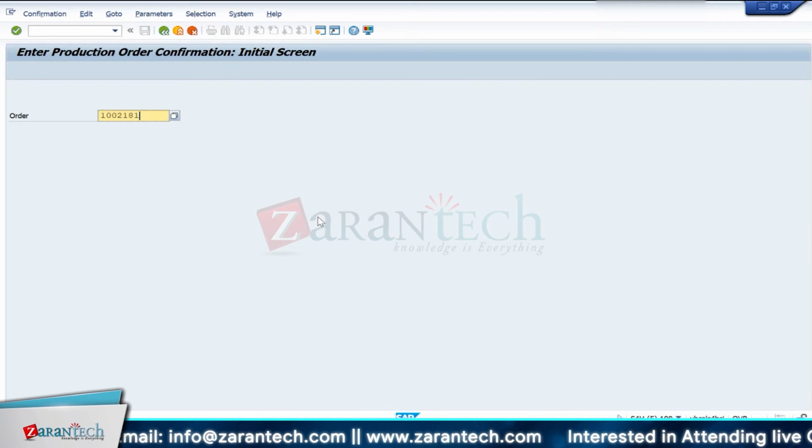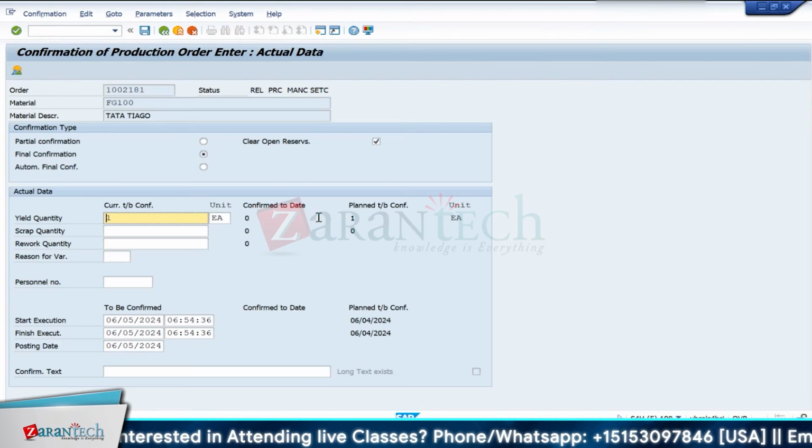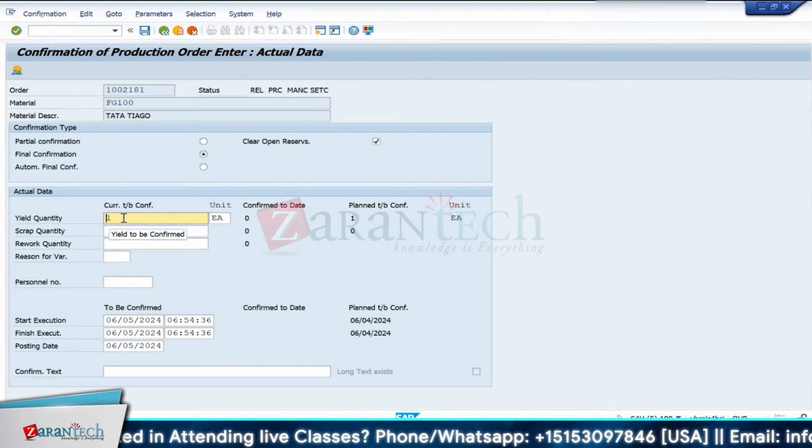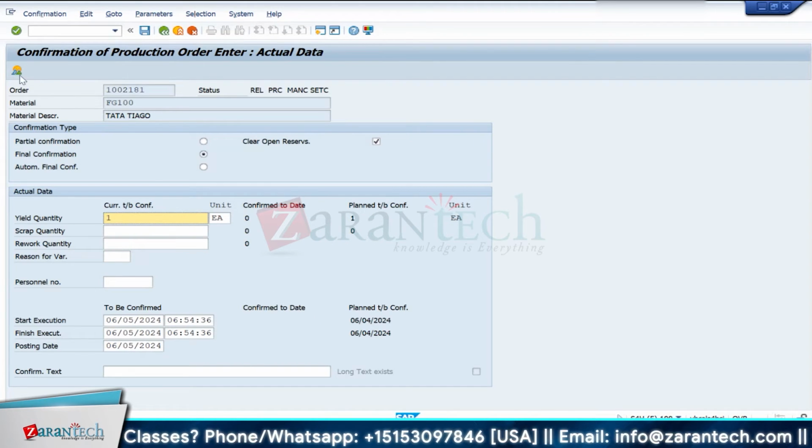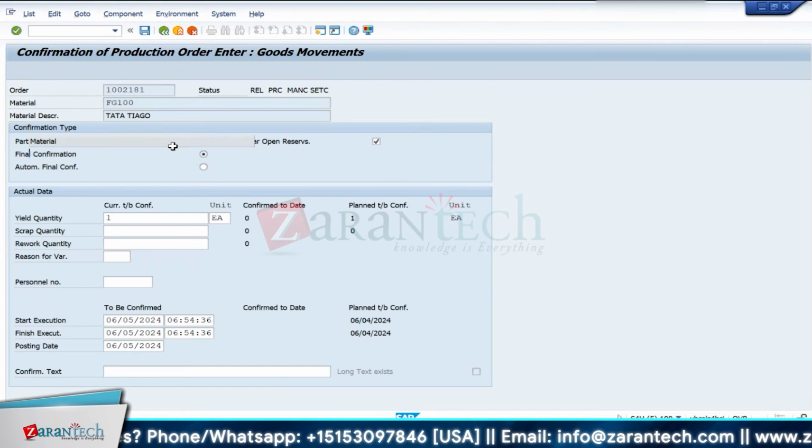But again, it's a tedious task. If you have, let's say, 20 operations, and you want to confirm all 20 operations' activities, it will take a lot of time for them. So they will simply go to the order confirmation, this CO15 transaction, and enter the order. How many quantity would you like to confirm? It will show here. From here also, they can confirm the goods issue. If you go here,